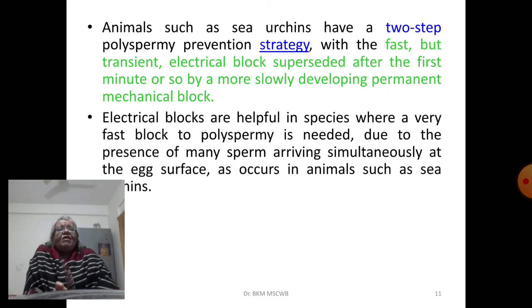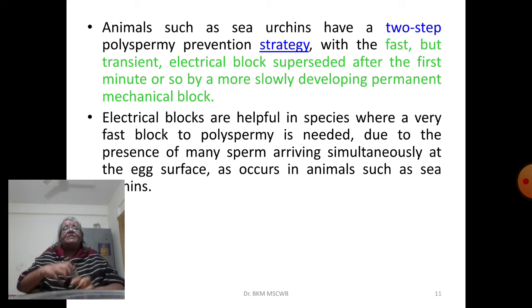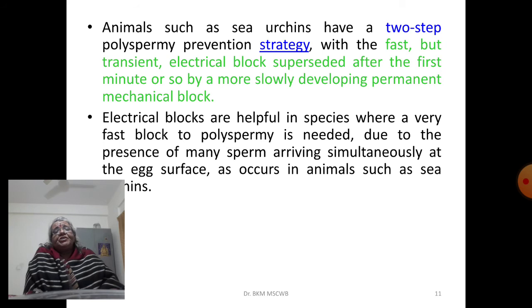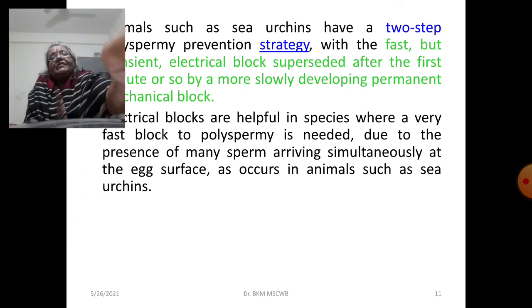So electrical blocks are helpful in species where a fast block to polyspermy is needed, due to the presence of many sperm arriving simultaneously at the egg surface, as occurs in animals such as sea urchins, where fertilization is external and simply millions of sperm are dumped into the area where the spawn is present. So here, electrical fast block mechanism is needed. All right. Then,